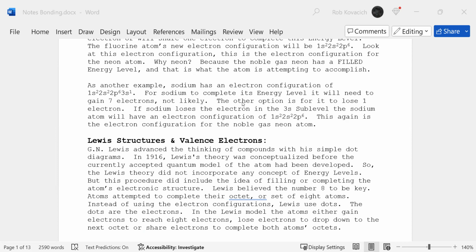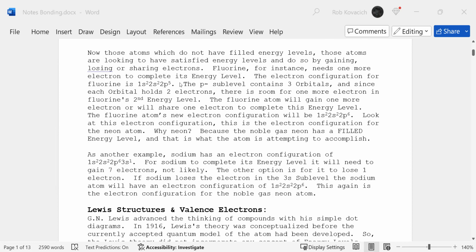On the other hand, if I'm looking at fluorine, fluorine's is 1s2, 2s2, 2p5. What it wants to do is be 2p6, and then it will look just like neon. So both fluorine and sodium are going to try to look like neon because that's the closest stable atom electron configuration to their position. So I have fluorine gaining an electron and sodium losing an